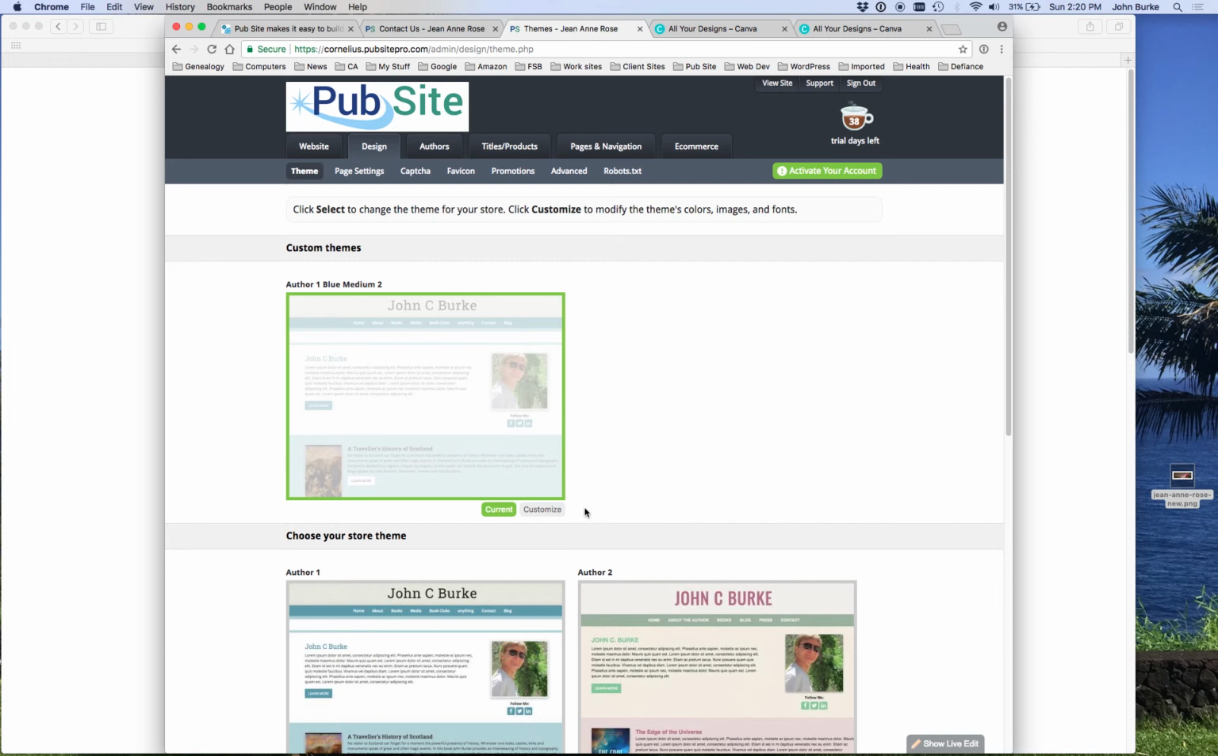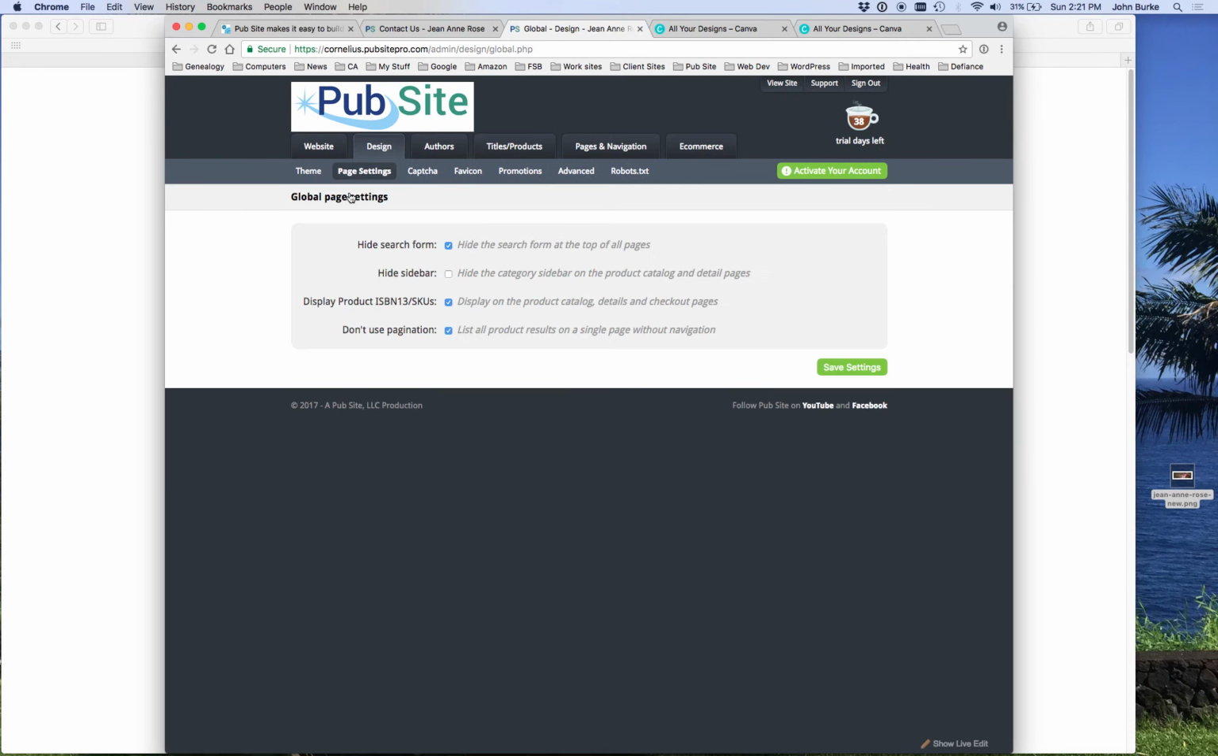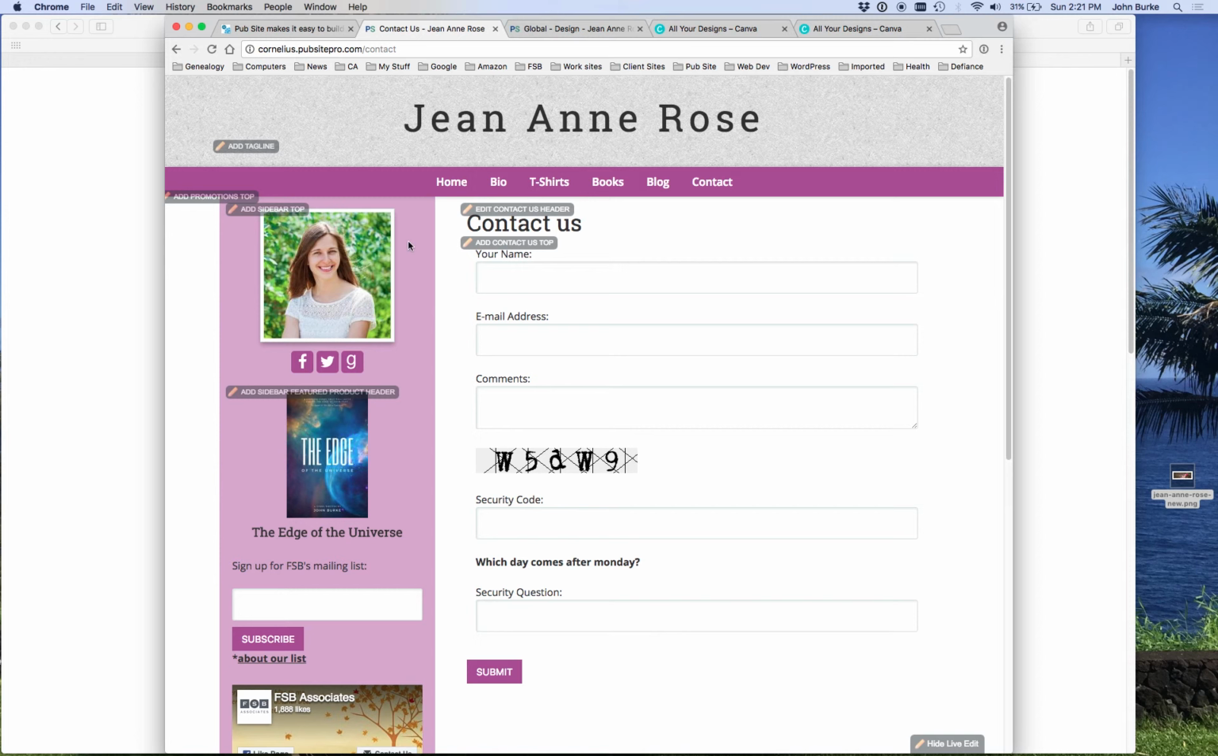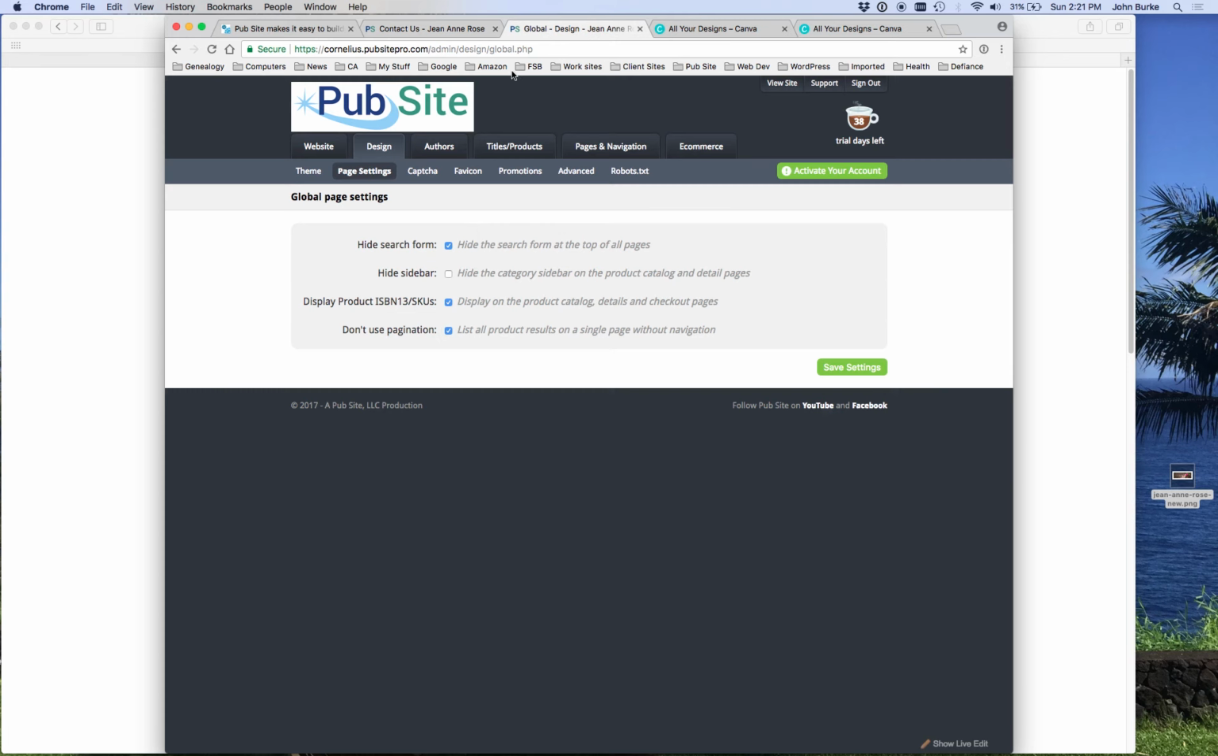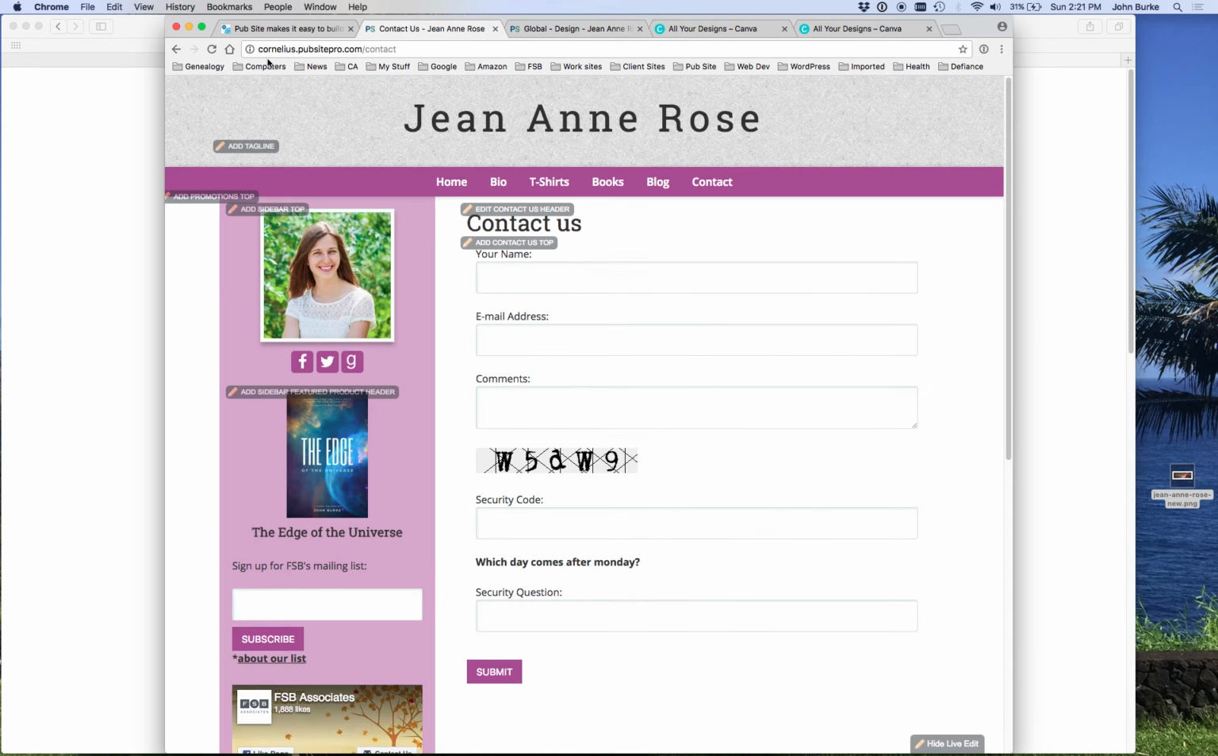Now, one other thing I want to show you, and it's under here, design and page settings, is you can change the layout of your pages. The global is that you can actually hide the sidebar. So you saw this sidebar here. If you wanted to have a layout that does not have a sidebar, you can do that. Just check here, go back,